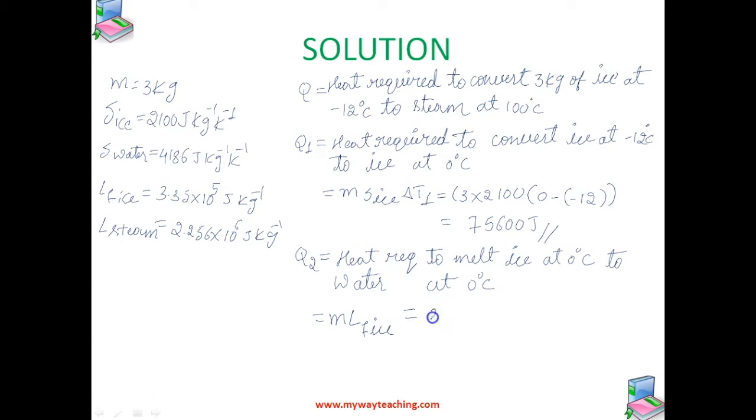So we know that the mass of ice is given and the latent heat is also given, 3.35 into 10 raised to 5 joule per kg. The value that we get is 10 lakh 5,000 joules. Okay,